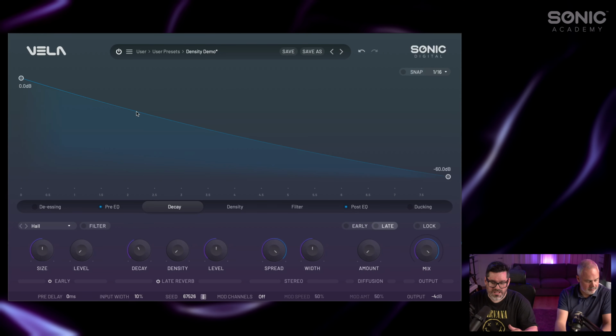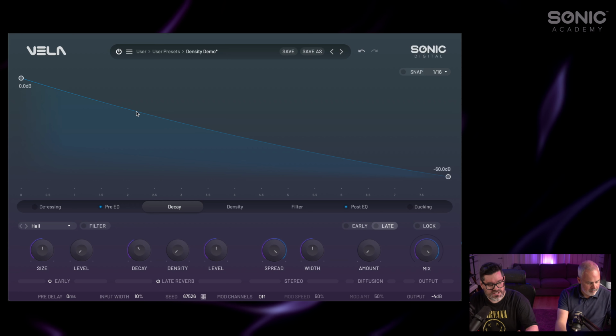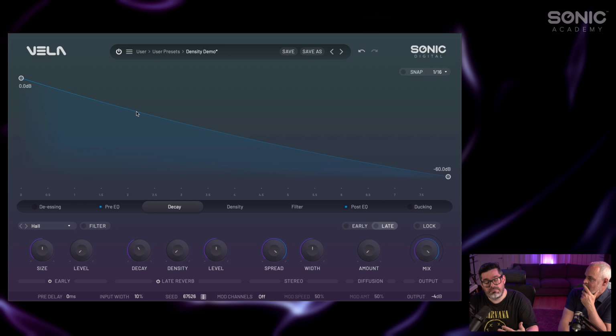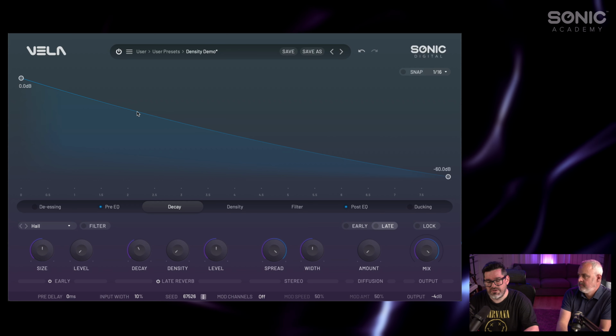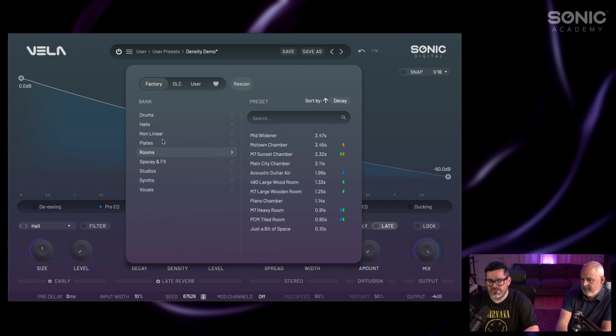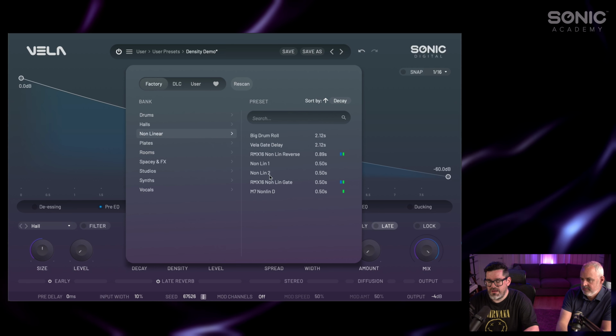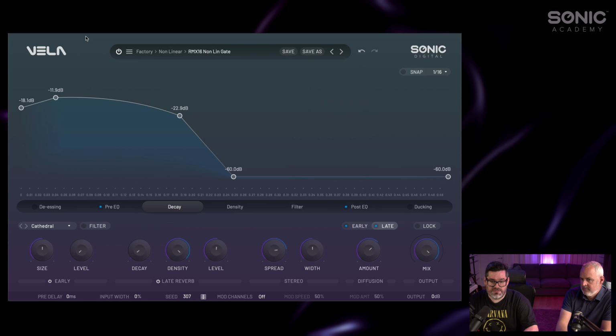And what about Decay? Decay is a bit self-explanatory, isn't it? Essentially, Vela is a non-linear reverb. Think of units like the RMX16, which was very well known for having a good non-linear algorithm, and we can replicate stuff like that. So let's go to our non-linear section. This is modeled off the